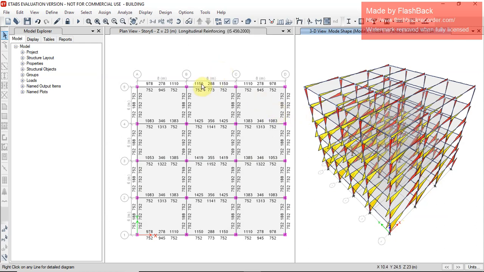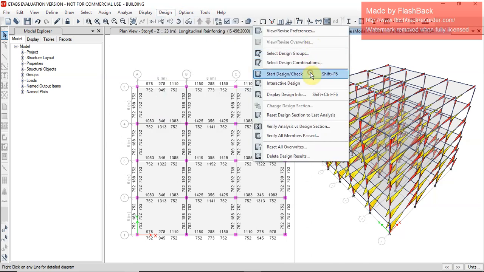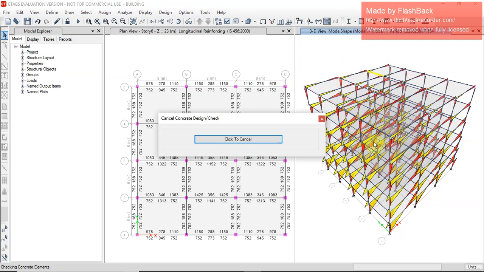In this plan you can see the bottom diameter and the upper diameter in the beam. You can also see it in this 3D view. Now we put design check in this.